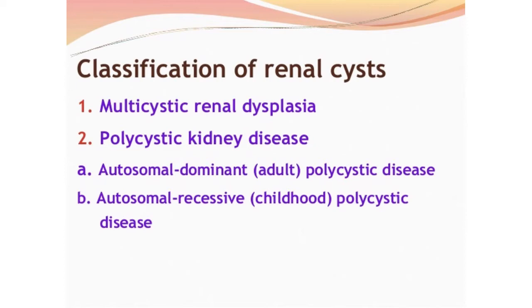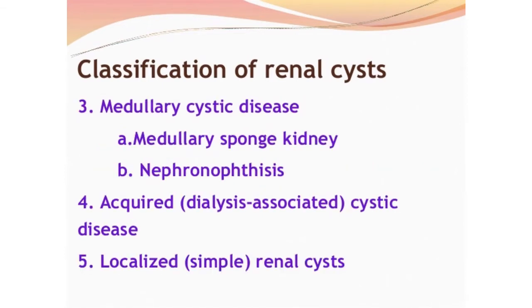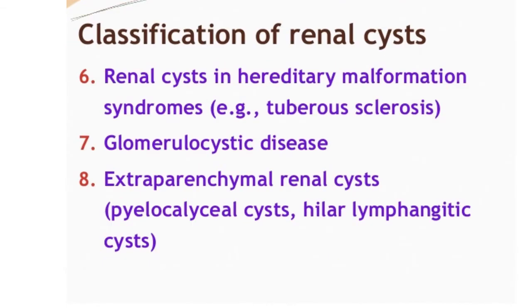It's multicystic renal dysplasia, polycystic kidney disease, including the autosomal dominant polycystic kidney disease and autosomal recessive polycystic kidney disease that are included under the heading of polycystic kidney diseases. Next are the medullary cystic diseases, including medullary sponge kidney and nephronophthisis. Then acquired, that are dialysis associated cystic diseases. Then localized simple renal cyst,